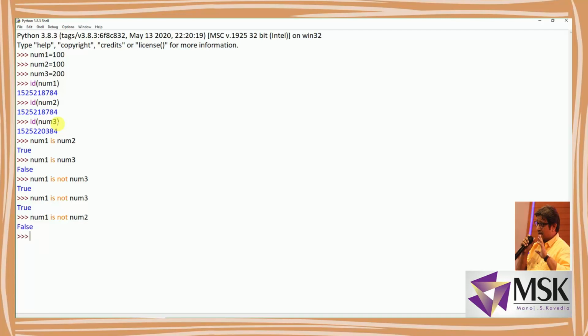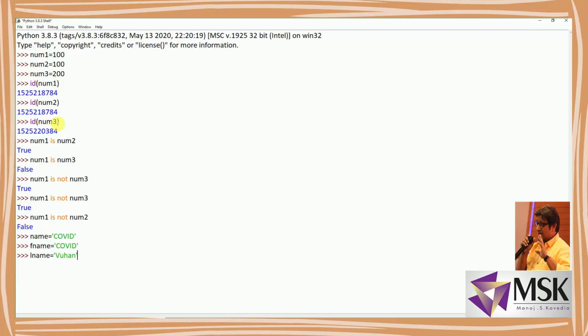Now the same can be done with float as well as string. So I'll take the example of a string now. I'm taking name as COVID, fname, again I am taking it as COVID, and lname I am taking as Wuhan.